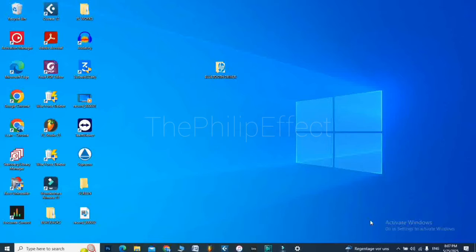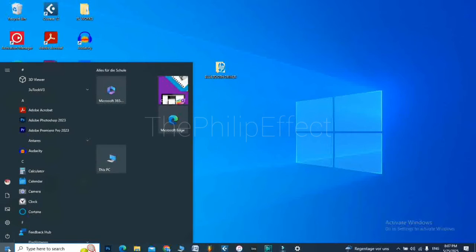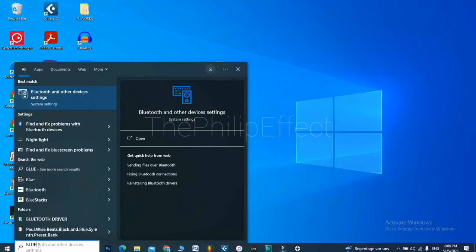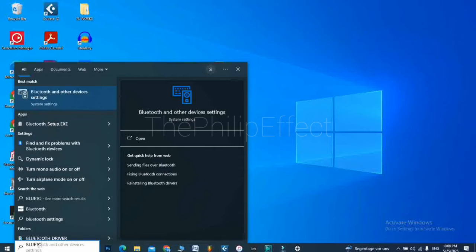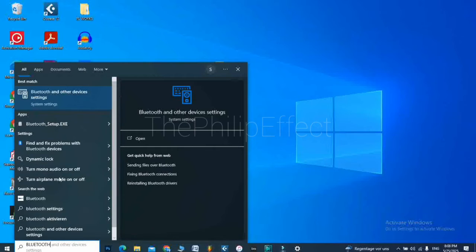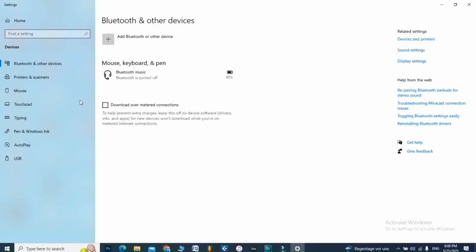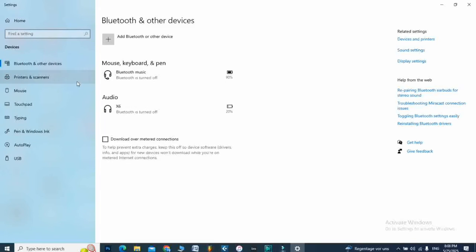And then let's assume normally you need to click on your Windows button, this one here. Just click on that and then you type in Bluetooth. Click on Bluetooth and other devices, this first one. Just click on that just once, and then when you come here to the Bluetooth settings, you can see